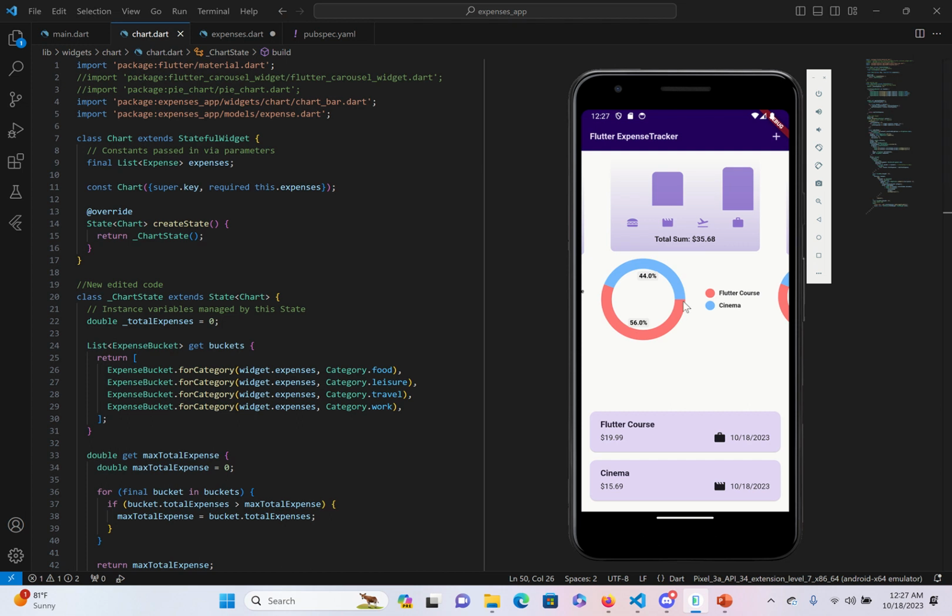Alright, so these are my upgrades for the Flutter Expense Tracker app. The first upgrade that I added was a way to show the total sum of the price of all the different expenses that are added, and I put it at the bottom of the bar chart. The second thing I added was a different way to display the chart,